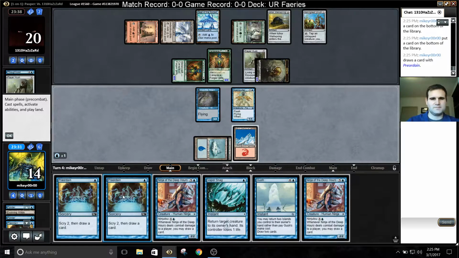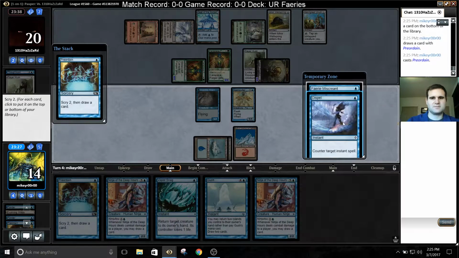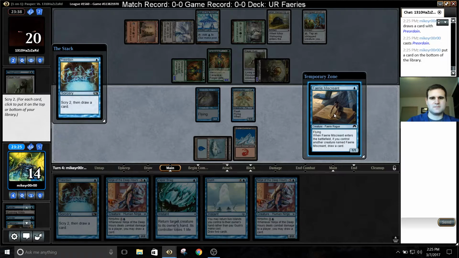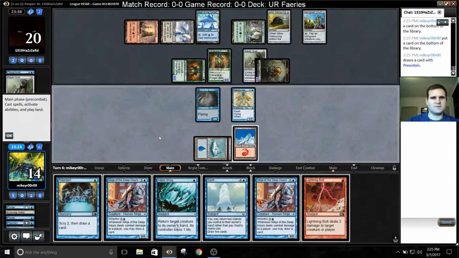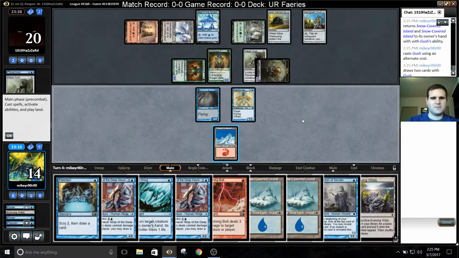I'm going to Preordain. We really need to find a Scred. Nothing. Okay, we found a Bolt, so that's not terrible. I'm going to Gush here. Gush is great when you don't have another land to play. Alright, so I'm going to run out this island,